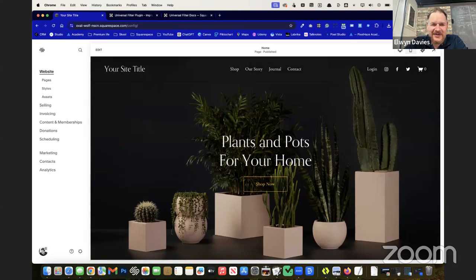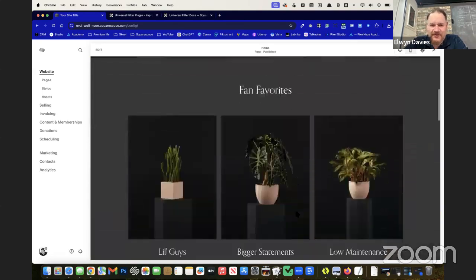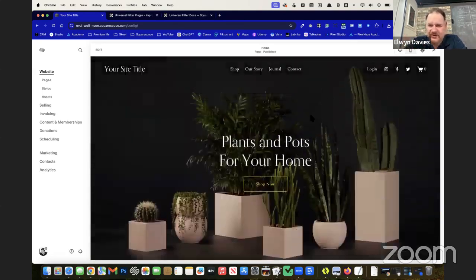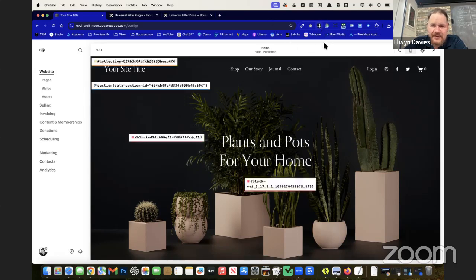Anyway, back to the website. So what we're going to do first is have a look at some simple custom code options. This is a free Chrome extension that I use, if you can see up here. And if you search for Squarespace block identifier in the Google Web Store,